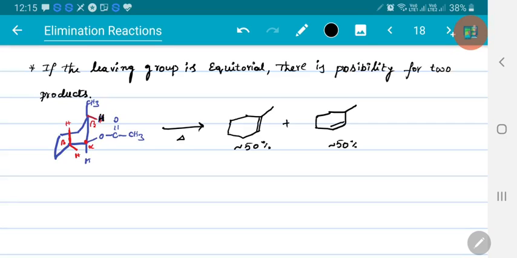If this methyl group is equatorial and the hydrogen is axial, then that leads to only one product formation, right? So you must be careful. So this is about heating of acetates. Now if we take the Chugaev reaction, that means heating of xanthates. So if we go for heating of xanthates,